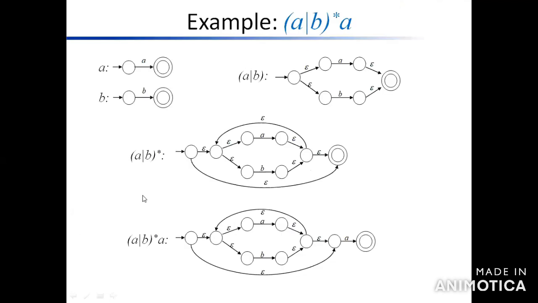Then automata. In automata we have two constructions: one is Thompson construction, another one is subset construction. Thompson construction, you have done the problem in the same way. But the subset construction algorithm is based on three operations: epsilon closure of S, epsilon closure of T, and move of T comma a. Based on these three operations, we complete the subset construction algorithm. With that algorithm only, you have to complete the given problems.